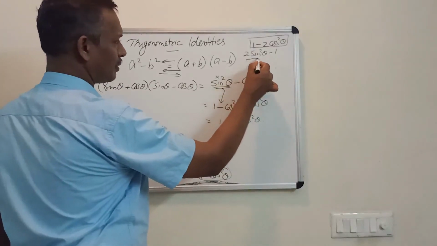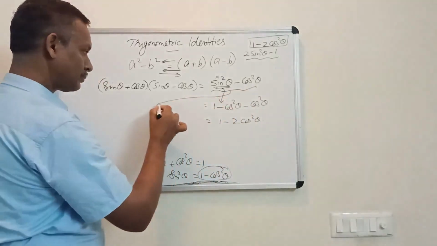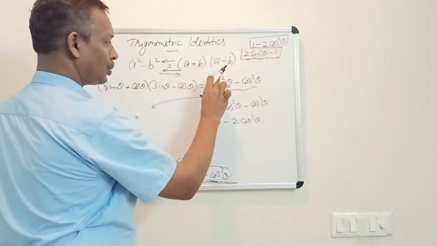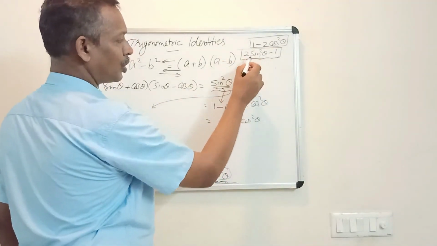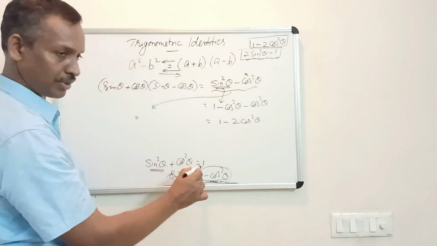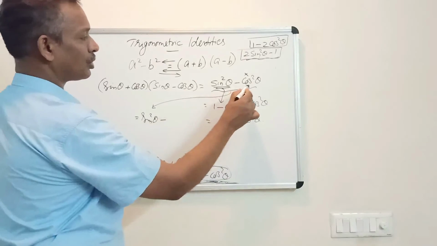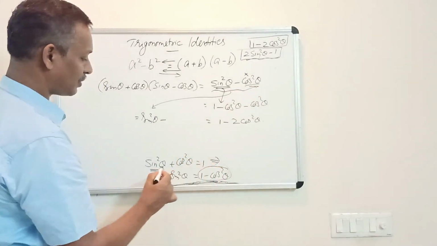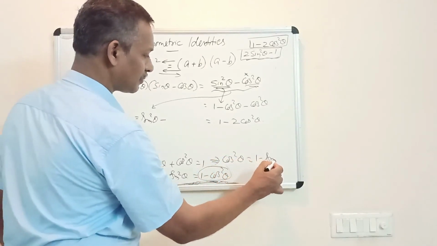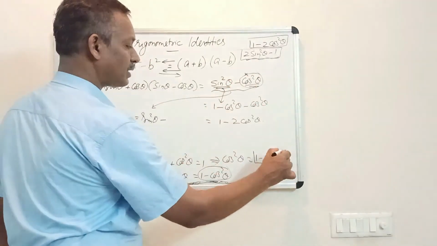And for the second portion, either you can start from here or from here. In this, if you need this second proof, you should bring only sin square. You don't want any cos square in the result. So this cos square you have to replace with the same identity. Then sin square will be kept like that, minus cos square. We have to find a substitute of cos square from the first one. First identity: cos square theta is equal to 1 minus sin square theta. So we are going to replace this cos square with 1 minus sin square.